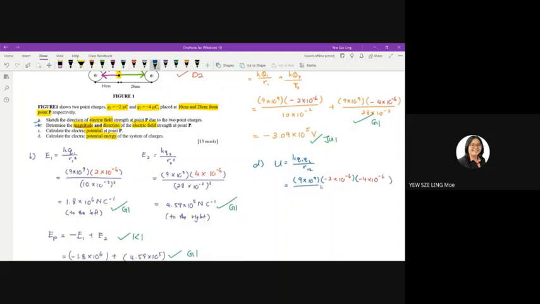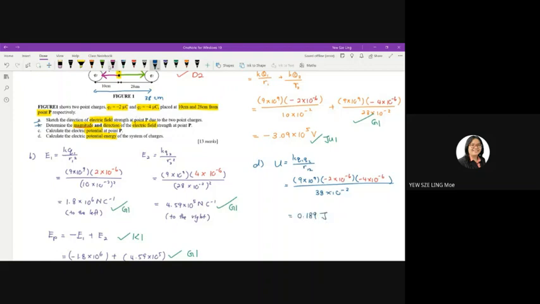Right? And then over R12, which is the distance between Q1 and Q2. From Q1 to point P is 10 cm. From point P to Q2 is 28 cm. Altogether is 38 cm. All right? So 38 cm is 38 times 10 to the power of -2. So the answer would be